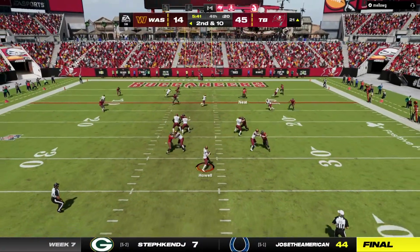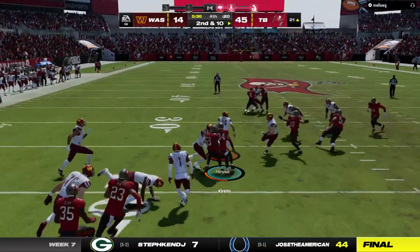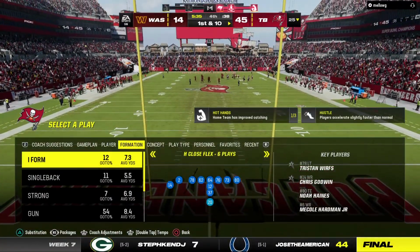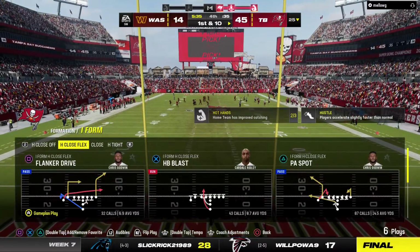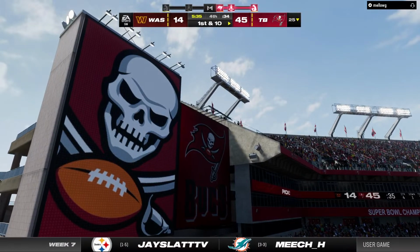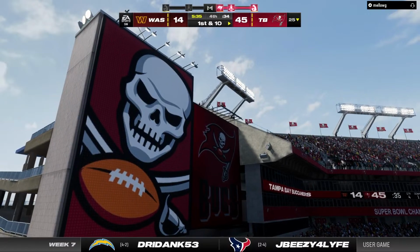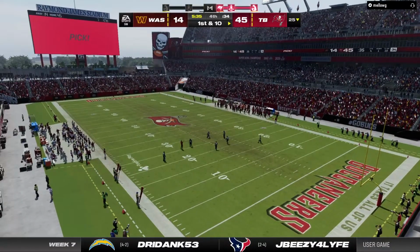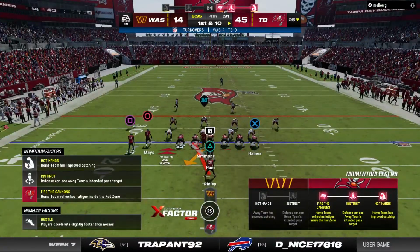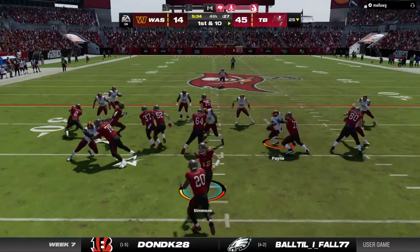Now Howell. And his pass is intercepted for the 4th time today. And the Buccaneers are going to take over once again at their own 25-yard line. The Tampa offense ready to get their drive started. And after the interception, they are sitting in an even better spot with the ball and a comfortable 4th quarter